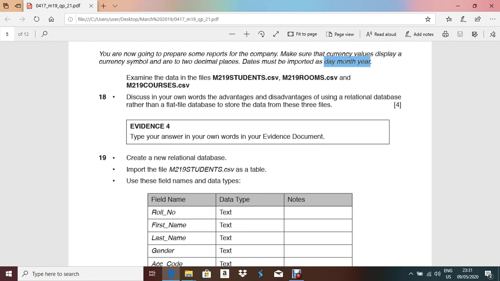Flat file database means a single table which does not have any relation with other tables. So flat file database is really a problem. Suppose you need to share some data from another table, at that time you cannot call the data. And what is a relational database? Relational database means each and every table of the database is connected with each other. So if we need some field from a different table, we can easily call that one using the primary key and